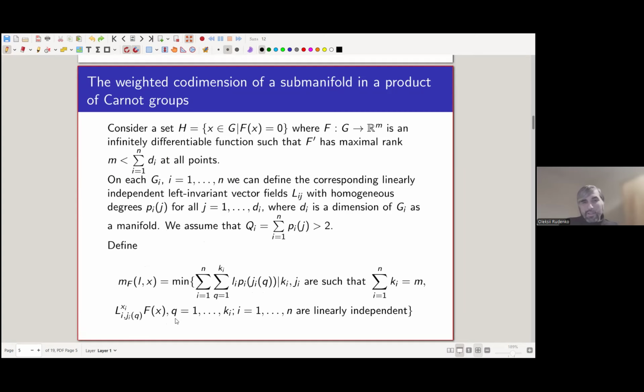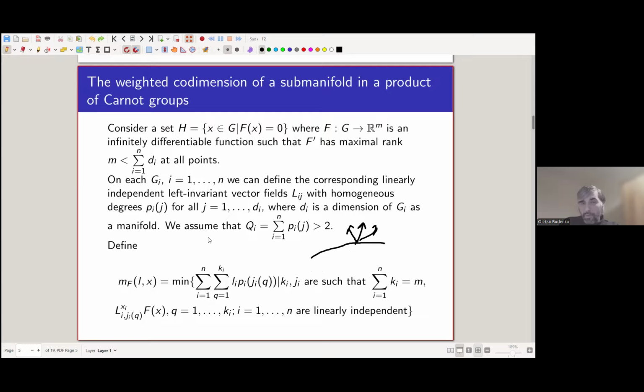Well, this is an interesting definition because it's hard to explain intuitively. But basically, what happens is I look at such directions. These are directions that look outside of this H, outside of the level set of the function f. Then I choose many of these directions so that they are linearly independent, and they will be exactly the dimension of this function. So typically, if I do it in Euclidean space, then this is just m vectors and that's it. But here each vector has a weight,